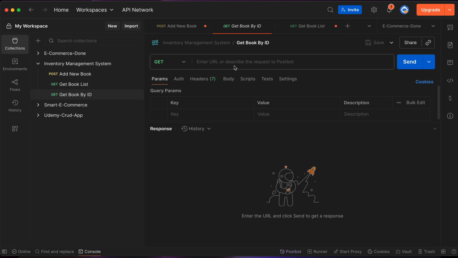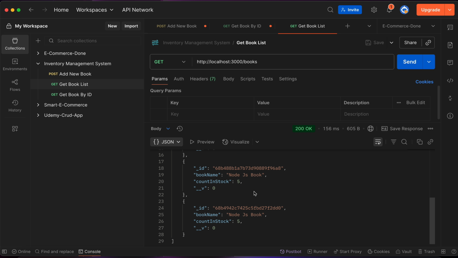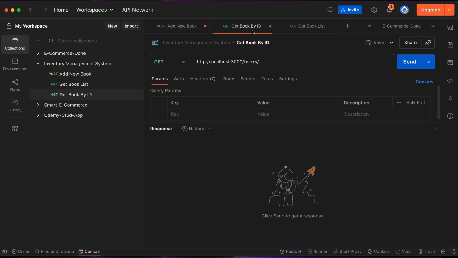Why the endpoint is, oops, because we didn't save this. So let's copy it. Because we didn't save this request earlier, we copied this request without its data. Okay. Now let's add some ID here. For example, let's fire this request to get the list of books. We want to get this Node.js book with count in stock is 5. So let's just copy this ID and go to our get book by ID and pass the ID here and